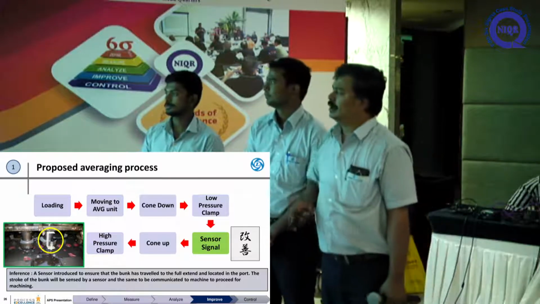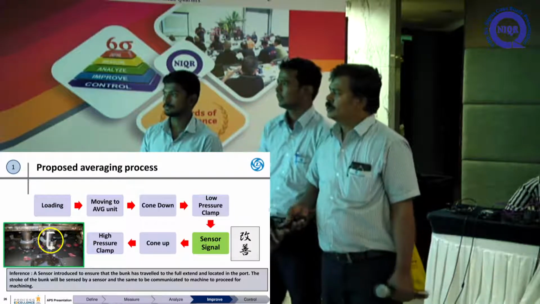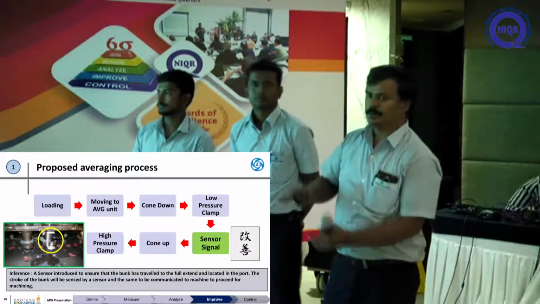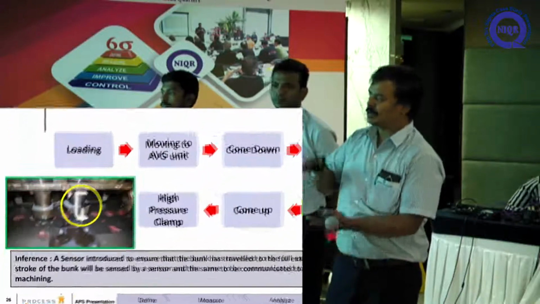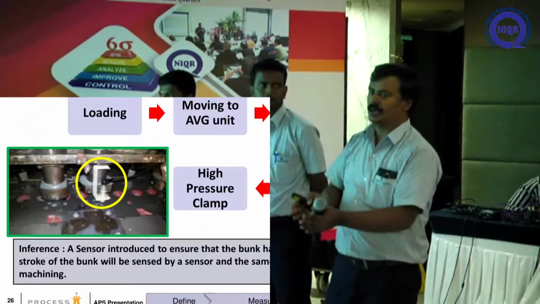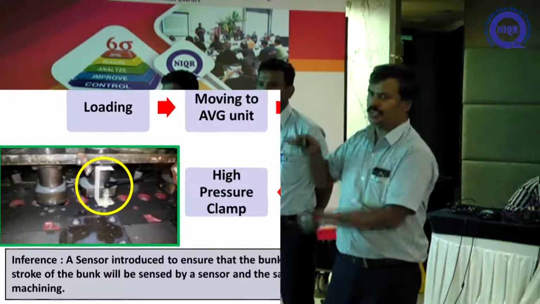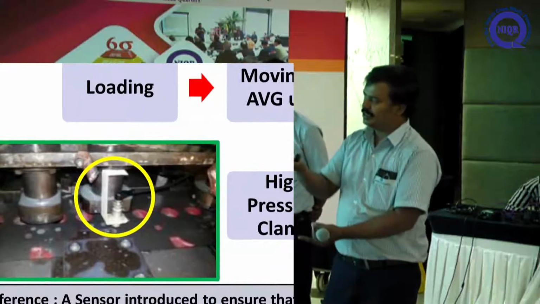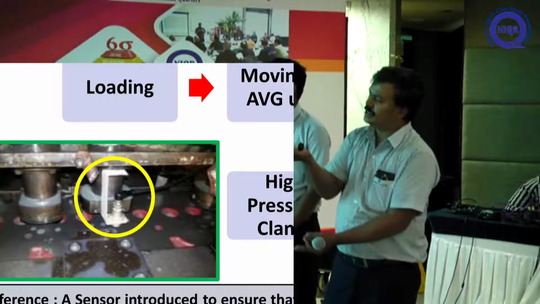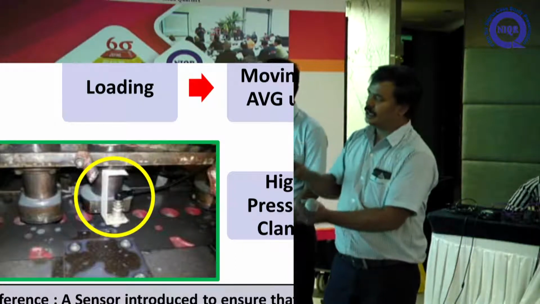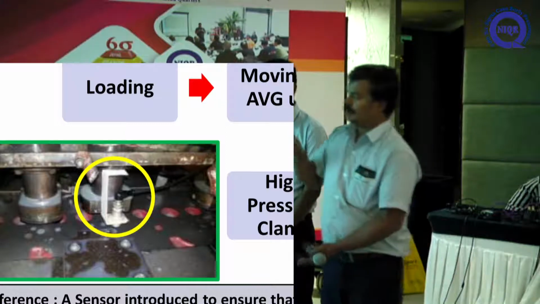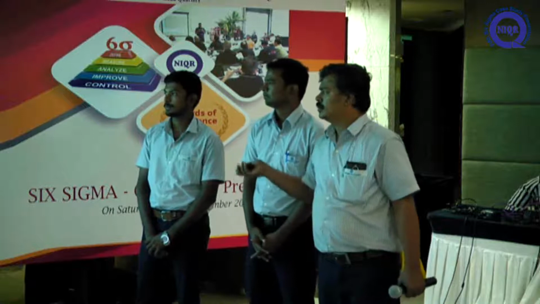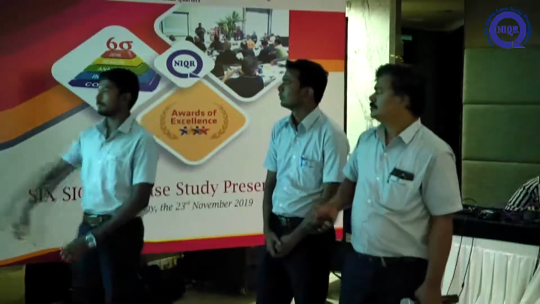To ensure the stroke length, the combustion phase to sensor distance varies. Suppose the port is sitting on the bunk, the distance will be reduced. The stroke length is sensed from the sensor. Then at the combustion phase, if the bunk is not seated on the component, it will not be sensed. This is where the problem happened.